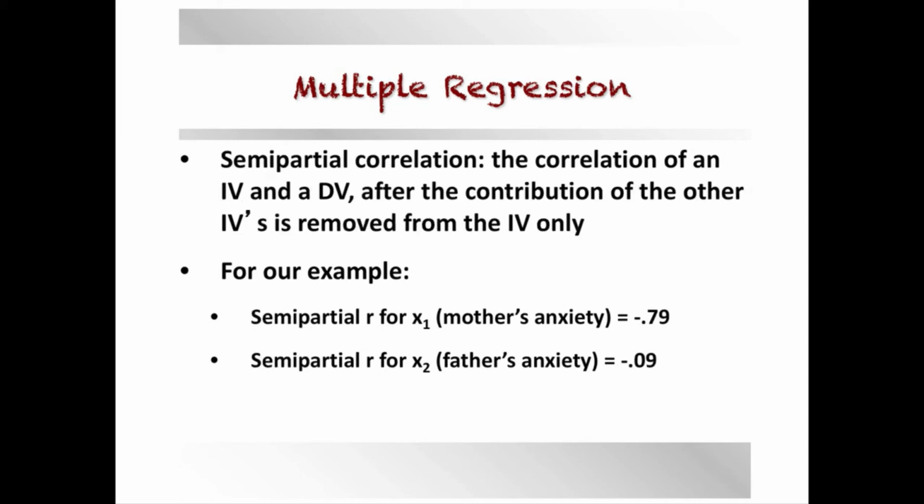For semi-partial correlation, it's similar with one little twist. It's still the correlation of an IV with a DV, after the contribution of the other IV is removed from only the other IV. So here, for X1, you have mother's anxiety and its relationship with baby's birth weight, removing dad's influence on mom, but not removing dad's influence on baby. For X2, you have father's anxiety correlating with birth weight, removing mom and her influence on dad, but not mom's